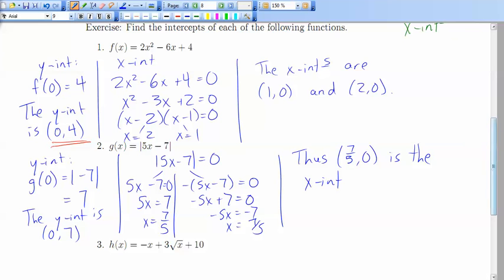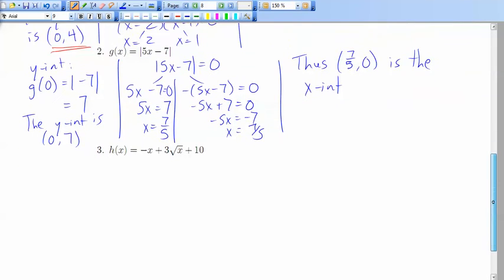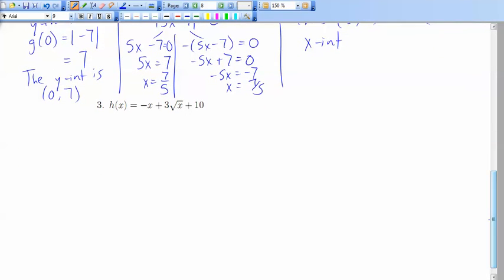All right, now for our last one, here this is a radical function. Okay, for our y-intercept, we're just going to plug in x equals 0. You should be able to do this. And we get negative 0, that's 0, plus 3 times the square root of 0. The square root of 0 is 0, plus 10. Okay, so the y-intercept